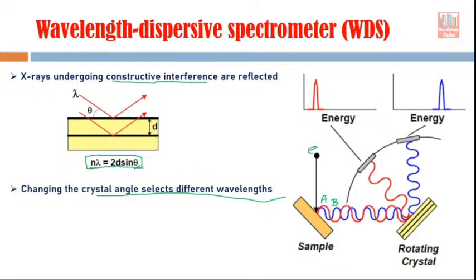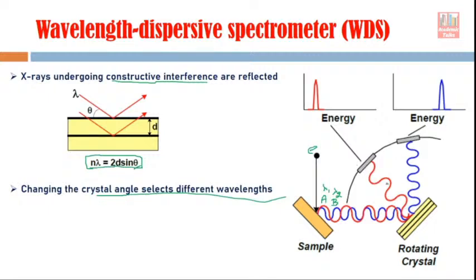So here you can see this crystal is the same, so d is the same. If you are changing lambda, then theta will change. These two have different lambda. Suppose this red one is with lambda 1 and this blue one is with lambda 2. So if lambda is changing, then theta will also change, because we need to satisfy this particular condition because of Bragg's law. So you see here, these waves are diffracted at different angles, right?